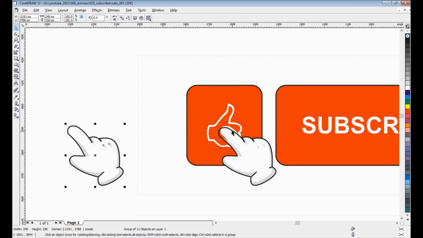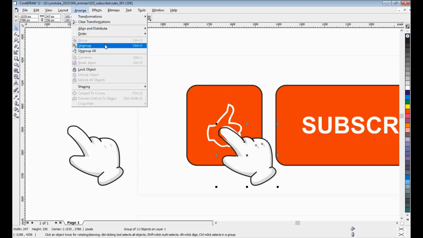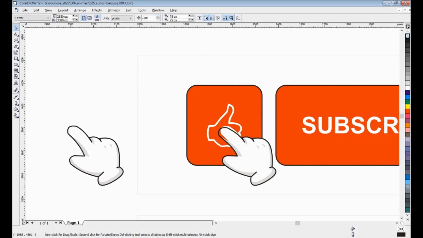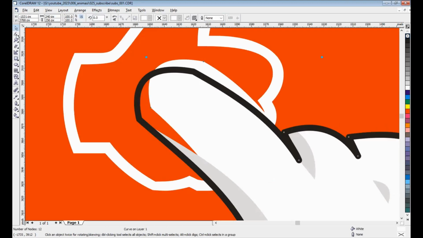After that, sorry, let me change first. Arrange and group. I have it like this: 1, 2, 3.